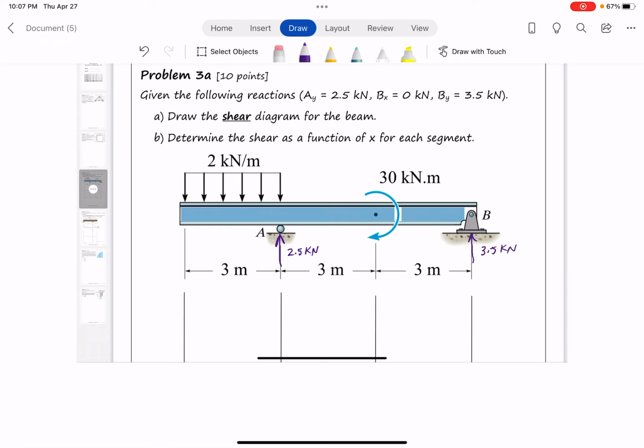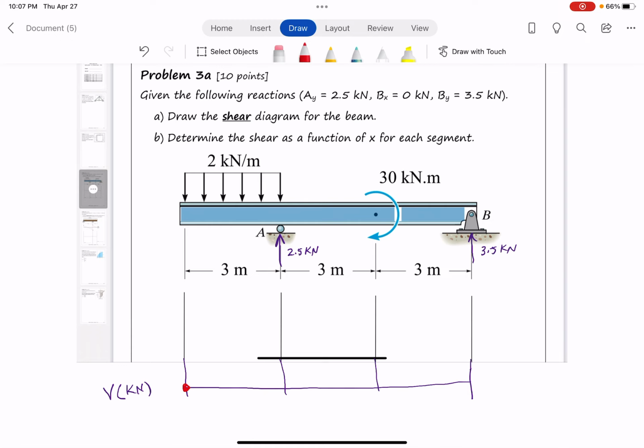So initially I'm gonna extend the line. I'm gonna have the shear. I'm gonna call it V shear, and I'm gonna call it, of course, kilonewton. This is the description of the shear. And now, initially, I will start from 0, because initially we will start from 0, and then you can see